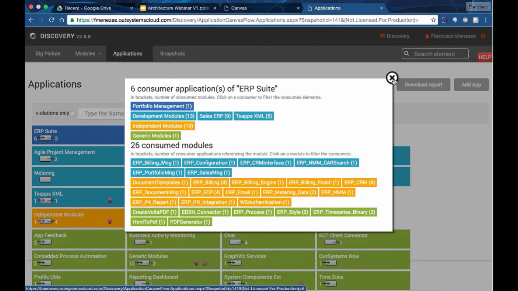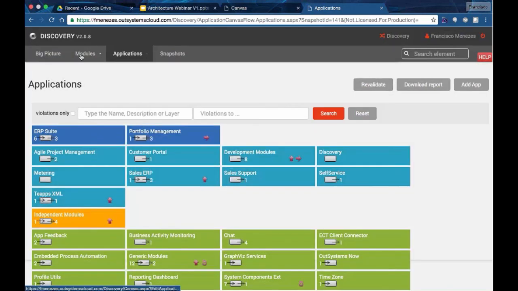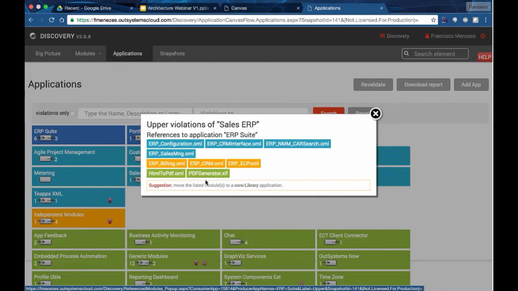So this all depends on the consumers. If, for instance, half of these modules are consumed by different applications from the other half, there's probably a natural, conceptual split into subparts of your system. So this is all architectural considerations that you need to take into consideration. But the bottom line is with Discovery, so before I explain the module canvas, now I'm in the application canvas, you can easily find